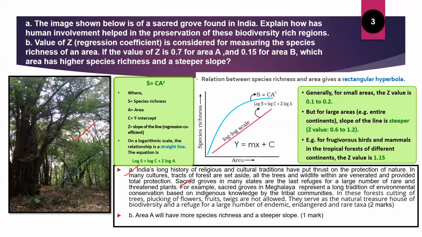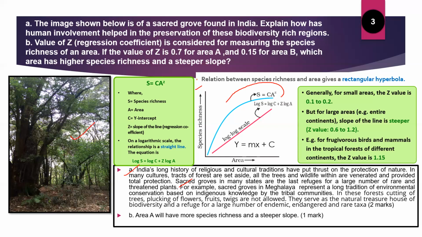They serve as a natural treasure house of biodiversity and a refuge for a large number of endemic, endangered, and rare taxa. Right? Now, when you talk about species richness of an area, let us consider this plot. On the y-axis we represent the species richness, and on the x-axis we have the area. Normally, the relationship between species richness and area will give you this rectangular hyperbola